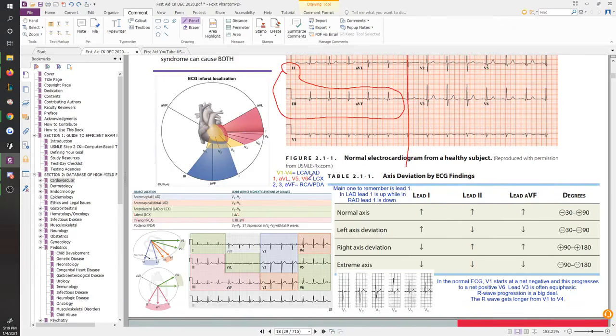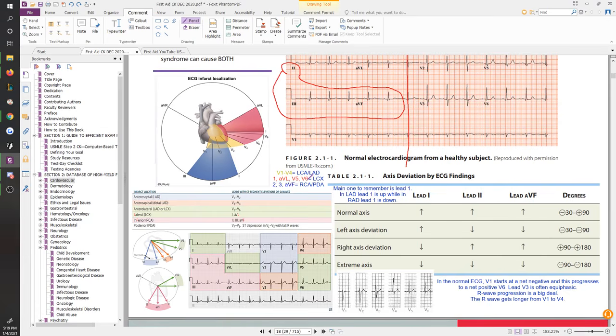So if you do perform an ECG on a patient, when you lay them down, the V1 and the AVR are the only things that are going to be on the right side of the mediastinum. You're going to put the V1 pretty much right next to the right nipple, and AVR goes on the right hand. So those are the guys that are on the right side.